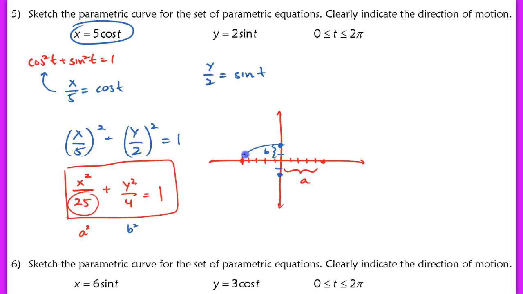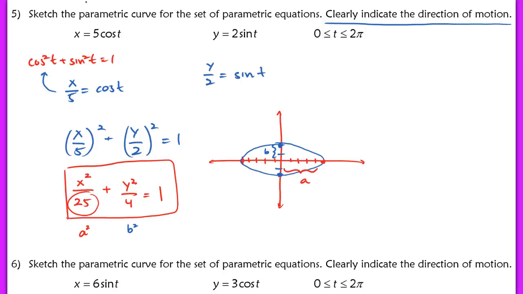But this is the ellipse. Now we have to also indicate a direction of motion, okay? So always make sure you're indicating that direction of motion. So remember that when you eliminate the parameter to graph a parametric curve, you actually can't tell what the direction of motion is. So you need to at least plot a couple points so that you can see how that